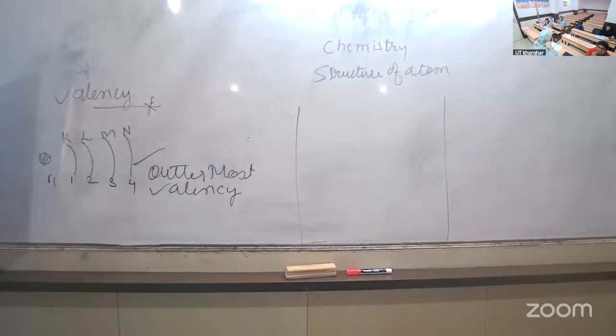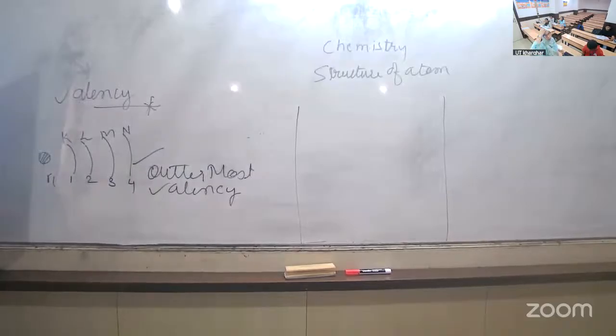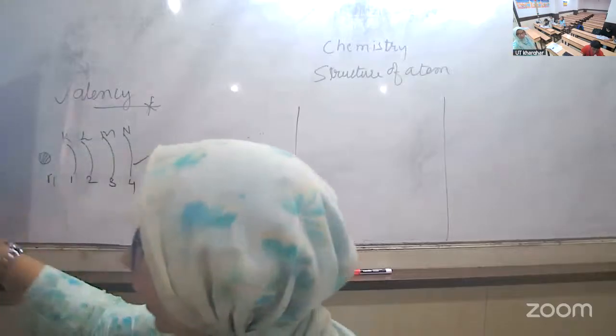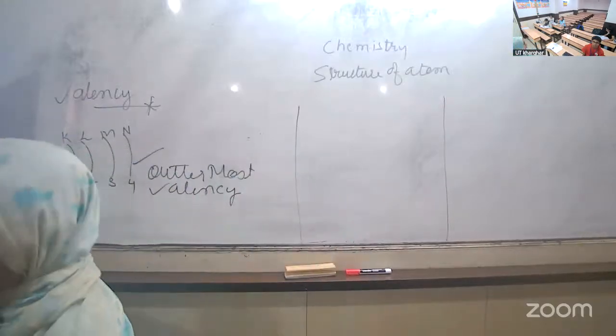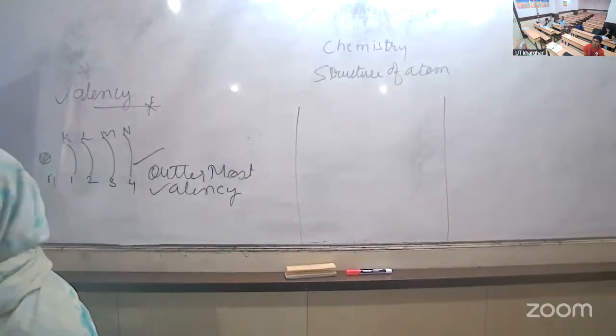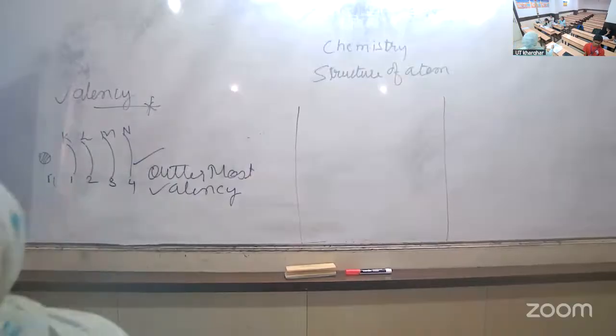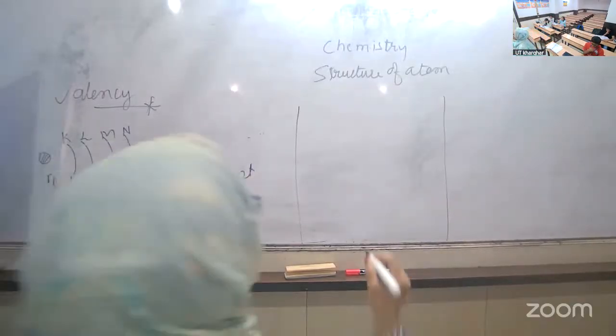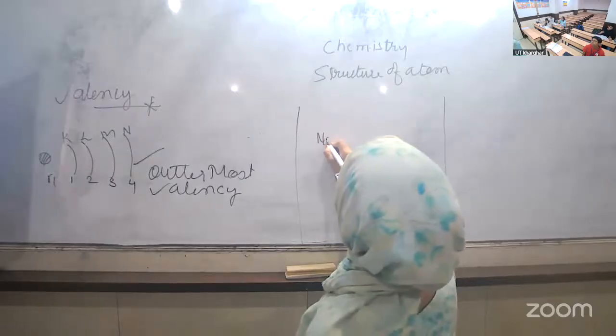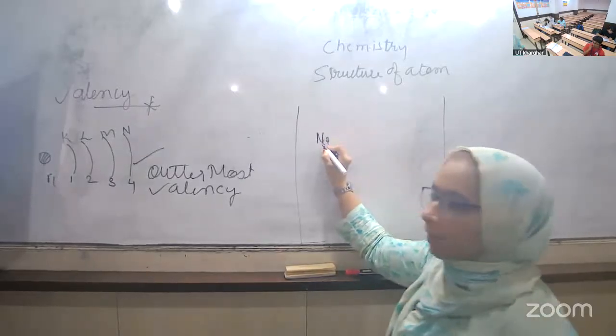Then the next one, what other change did we see? Sudden change, I told you only these two, the zero group one, yes, and one more, sodium. We have seen electronegative, non-metals. Let us see about metals also. Right? So for metal, if we start with sodium, Na,